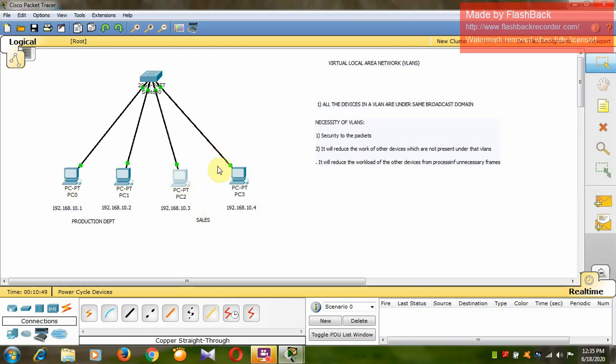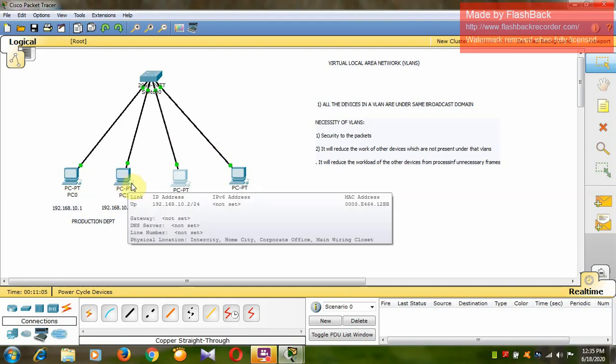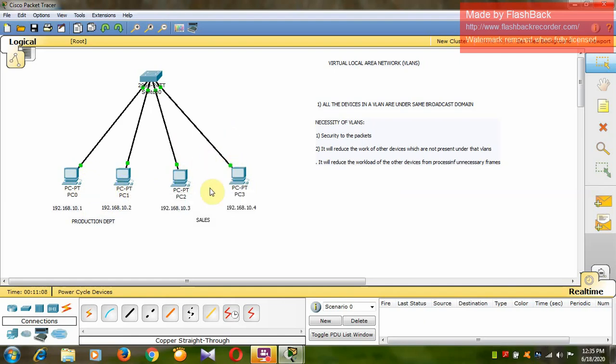They are unnecessarily using their processor to process the frames. Although they belong to the sales department, they should communicate with each other, that is PC2 and PC3. They are communicating with PC0 as well as PC1 by default. That will cause unnecessary workload on the processor of the PC. To reduce this we are using VLANs.